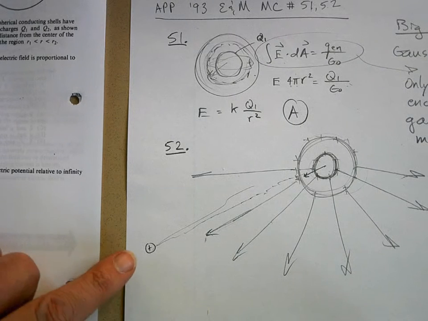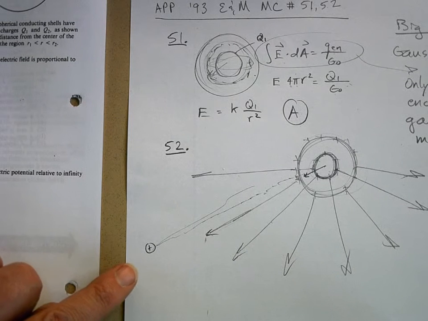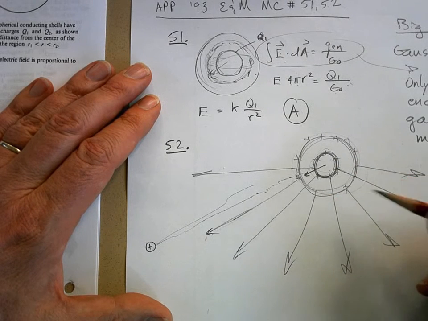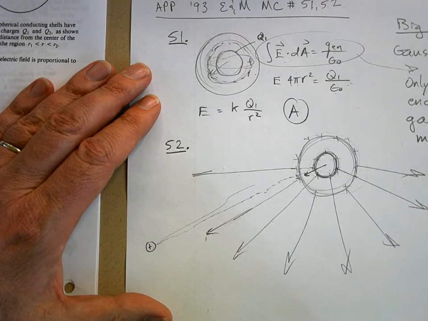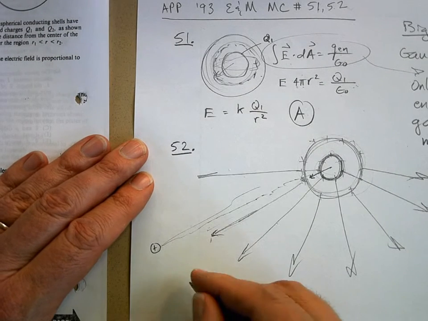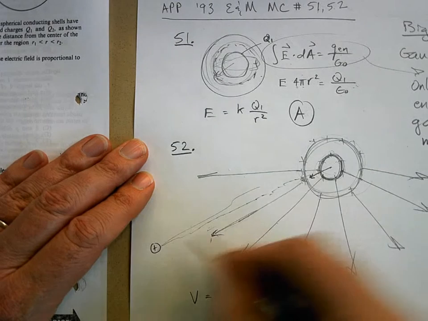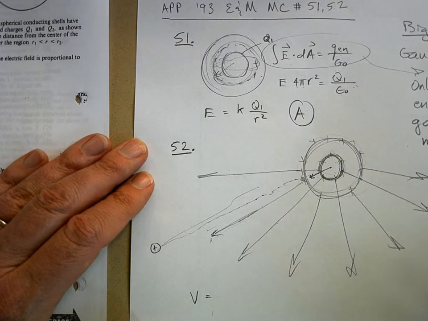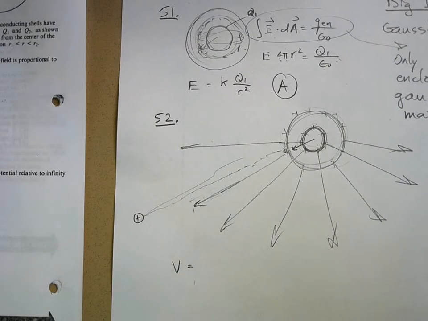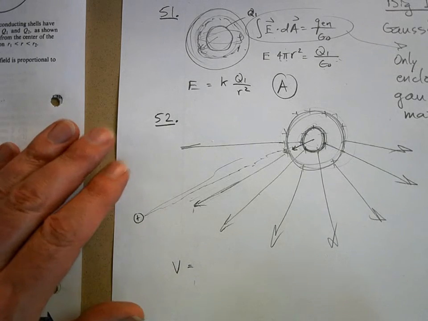Because look, I have to do work against both of the fields, both the field of the inside sphere and the outside sphere, to get it to this surface. So let's find the voltage at this surface. Okay, so I had to do work against, and remember, it's KQ over R. You have to know what the voltage is of a spherical charge, a spherical field. A spherical charge symmetry gives us a spherical electric field, which means that the voltage at some point from the center of that is going to be